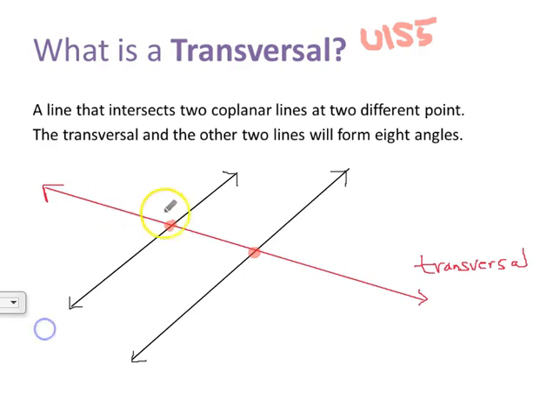Let's find those angles. Here's one angle. So from here to here, that's one angle. Here's another one, angle 2. Here's another angle, angle 3. Here's another one, 4. You get the idea, 5, 6, 7, 8. So when we have a transversal that intersects two lines, we create 8 different angles. And we're going to talk about some patterns that occur between some of the angle pairs. But before we do that,